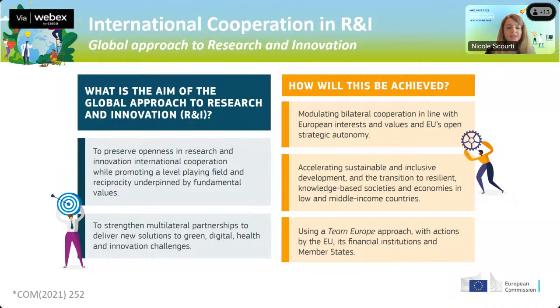Now, as you can see on the slide, the aim of the global approach is twofold. First, to preserve openness while promoting a level playing field and reciprocity underpinned by fundamental values, and to strengthen multilateral partnerships in order to deliver new solutions to global challenges. There are 3 main ways in which this is achieved, and that's through bilateral cooperation, the acceleration of sustainable and inclusive development, and using a so-called Team Europe approach. Now, all this is underpinned by guiding principles, and if we move on to the next slide,